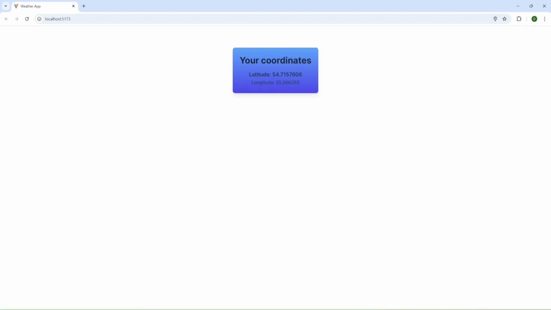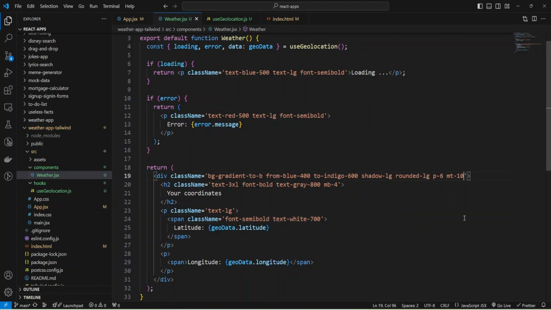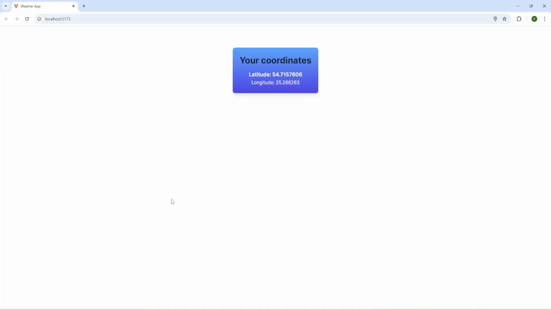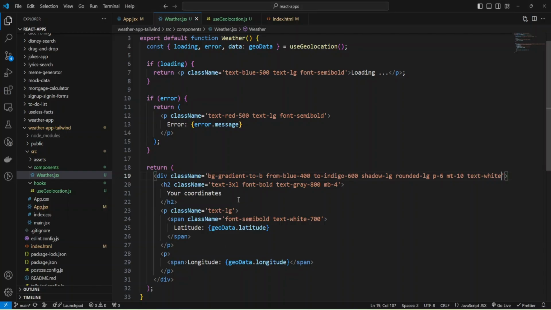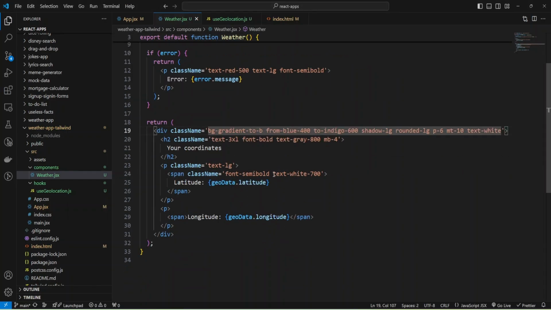Okay, let's check. Now we don't have a white font, and we need to add it here, text white. And let's check again. Okay, we have our white font, and I can read it from here.